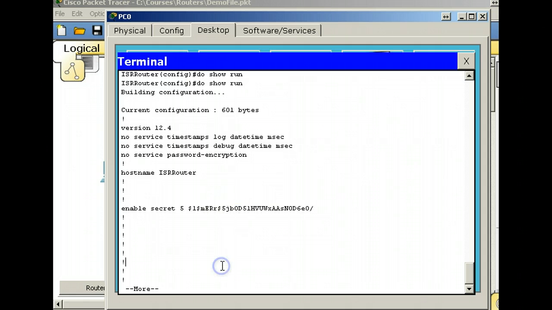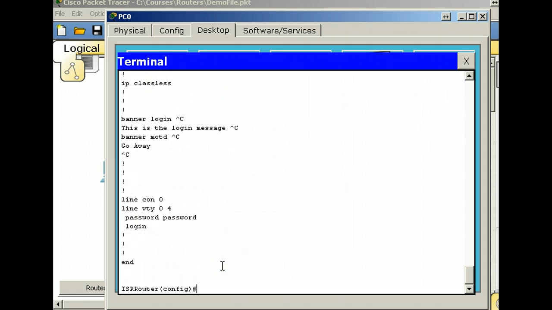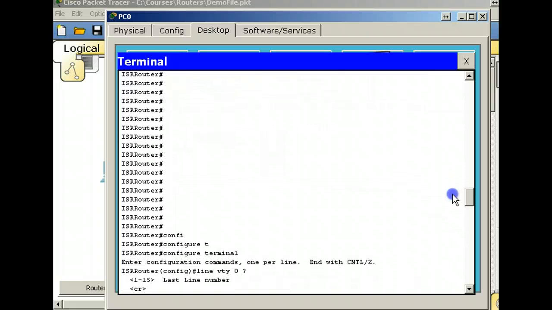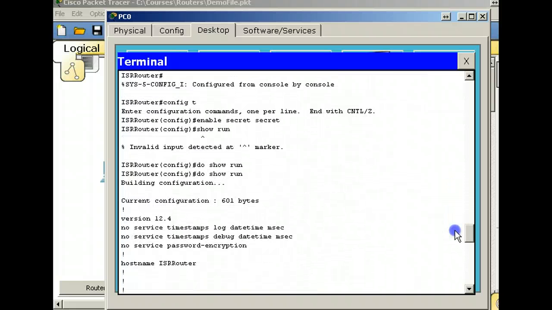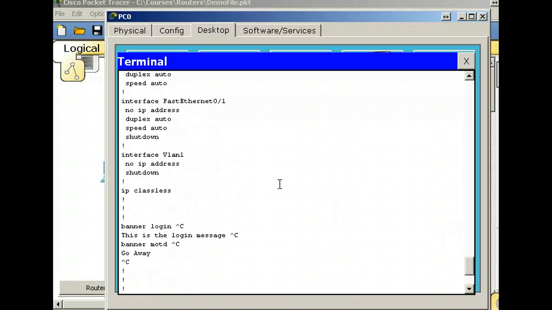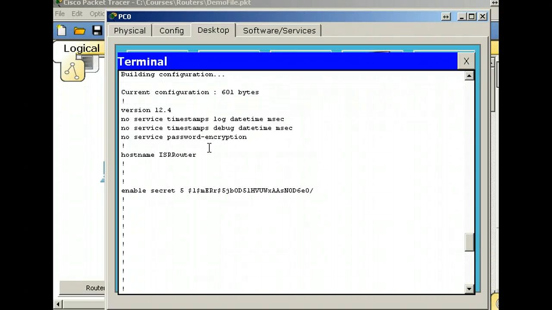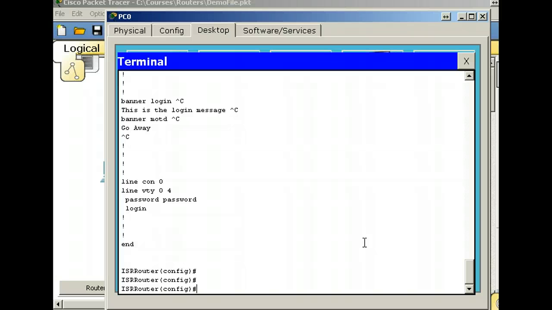When we go on down to the password for the telnet password, line VTY 0 4, the password is password. It is not a secure password. The reason that we have that, if I can get back to it, back to my show running configuration, up here, one of the first things we have is no service password encryption. If I wanted to encrypt those passwords,